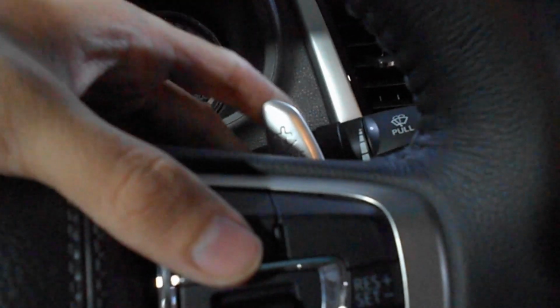And this is why I wanted the Strada also. This has paddle shifters. So I can't wait to try this out. This is only a 6-speed automatic transmission, unlike the Montero, which is an 8-speed, despite having the same drivetrain and engine. So here in the middle,